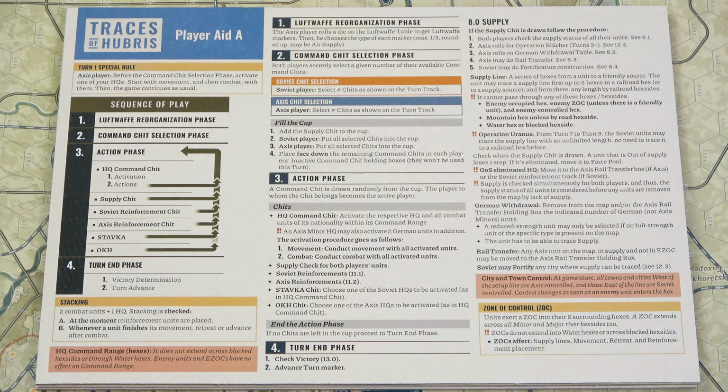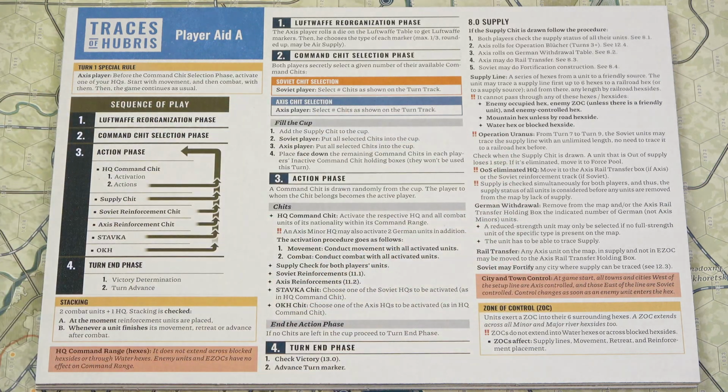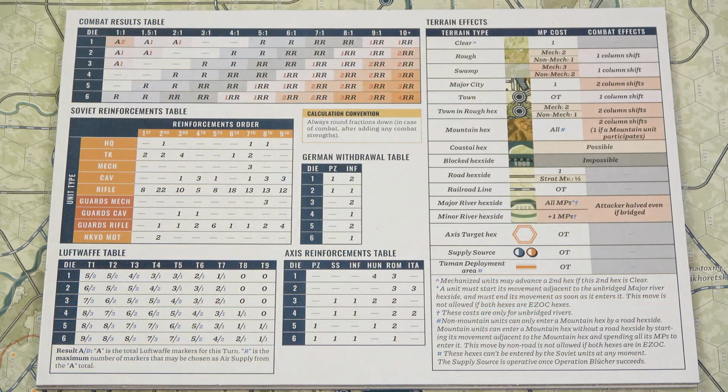Next, we'll take a look at the player aids that come with the game. You get 2, Player Aid A and Player Aid B. These are 2-sided, and there is 1 for each player. Start off with the Turn 1 special rule, and then you have information on stacking. You have the sequence of play and all the steps on the sequence of play on the front of the first player aid. On the back, we get the combat results table, Soviet reinforcements table, German withdrawal table, Luftwaffe table,